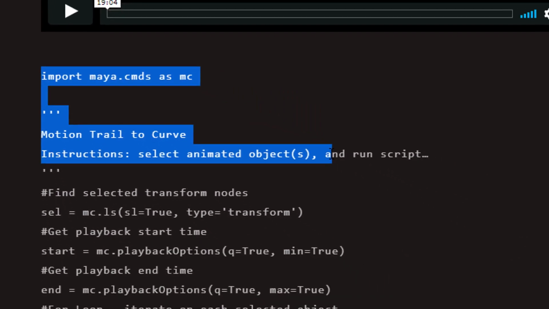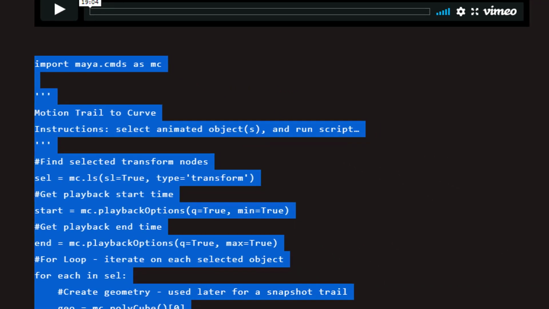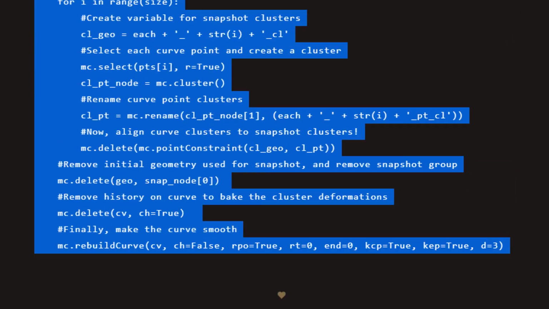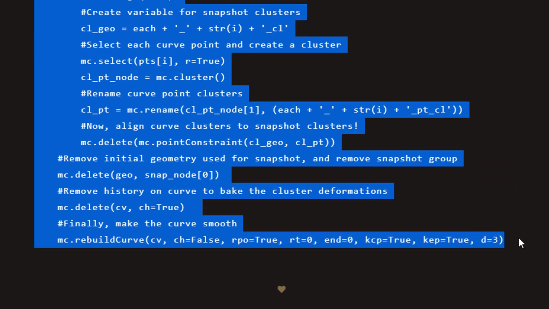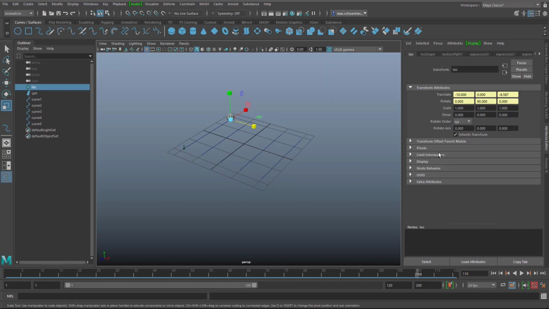That's all we need to do. Lots of comments on his code, and we just select the whole bunch of things until this d equals 3 with the brackets closed, and we copy it. We copy that script. Now we go back to Maya, and in Maya we click down here on the very right bottom,